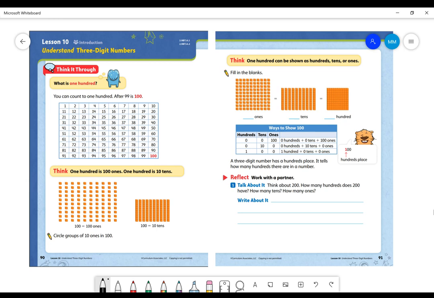So when we talk about the number 100, we usually think about counting by ones to 100, counting by twos to 100, counting by fives to 100, or counting by tens to 100. So on your lesson 10, page 90,